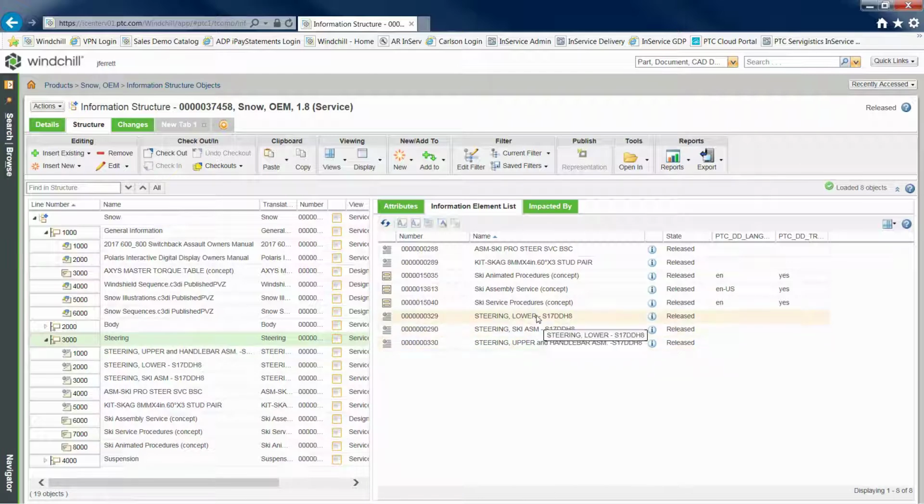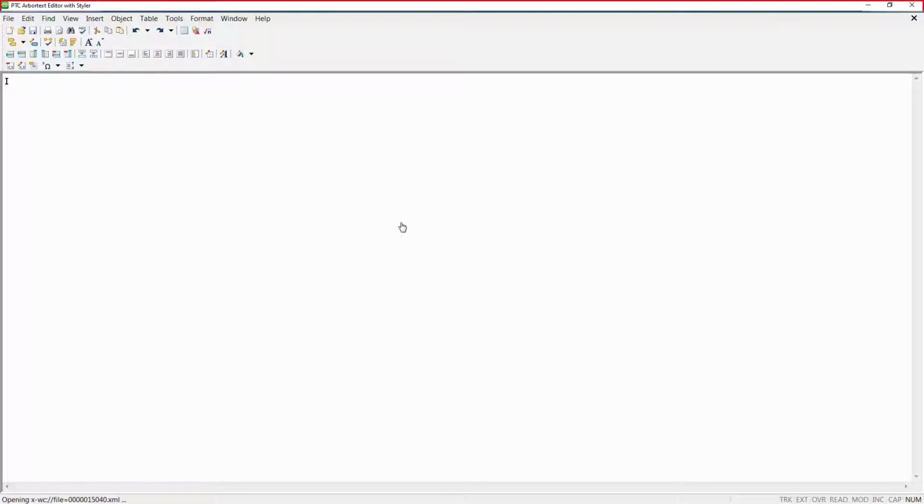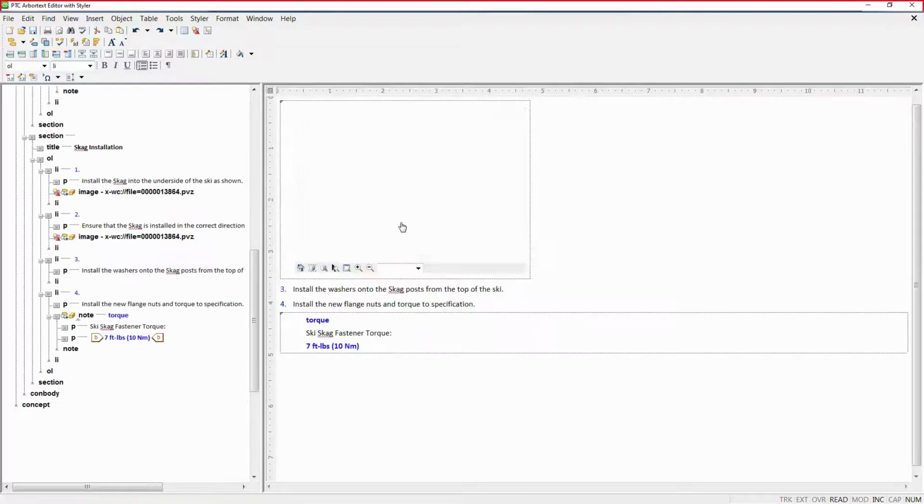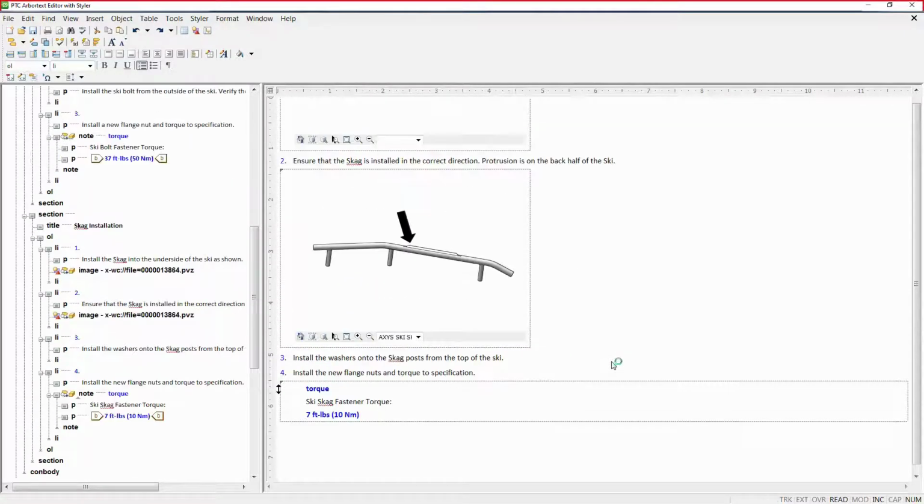Back on our information structure page, let's navigate to one more object. Here we're going to jump to our Ski Service Procedure XML document. We are using Arbortext Editor, which is PTC's XML authoring solution, and through a direct connection to Windchill Service Information Manager, as an author, I can open the XML documentation to view the information, as well as edit and make